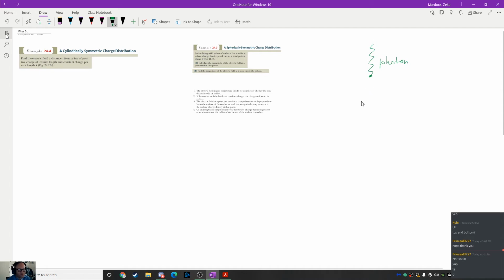Let's say you have a photon like this. One of the things we've learned through Richard Feynman, a scientist who worked on particle physics in the 40s, 50s, and 60s, is that this photon can basically turn into, well, this isn't going to look exactly right. If any of you know enough about this, you might have some issues with the way I'm drawing this, but